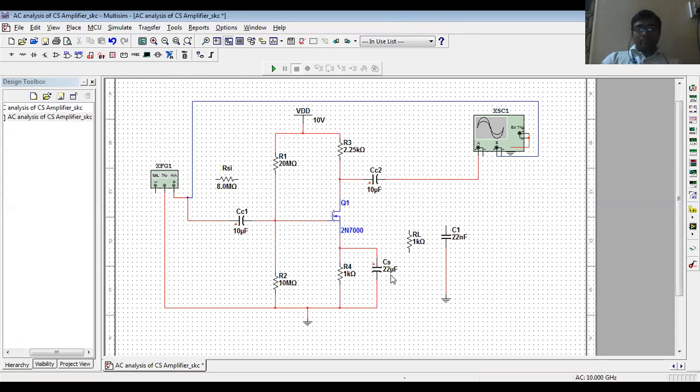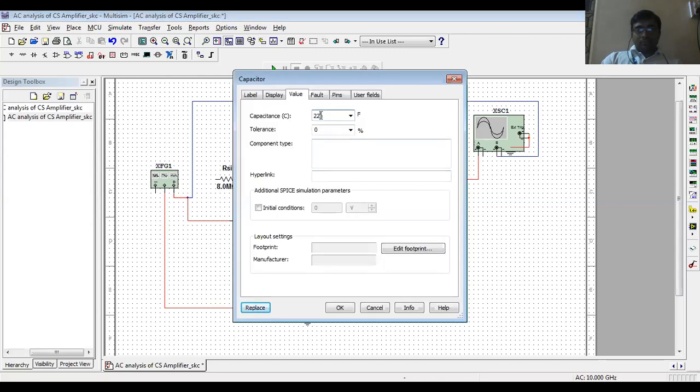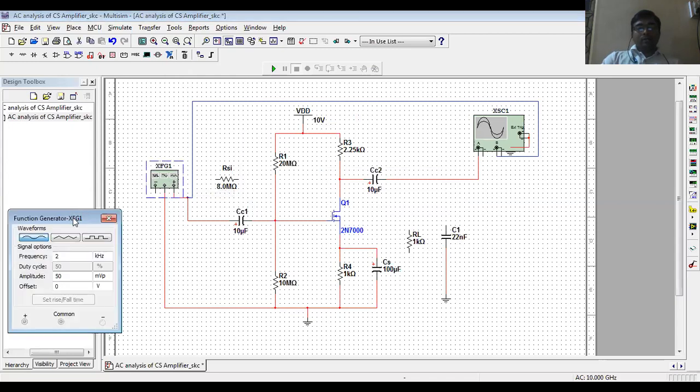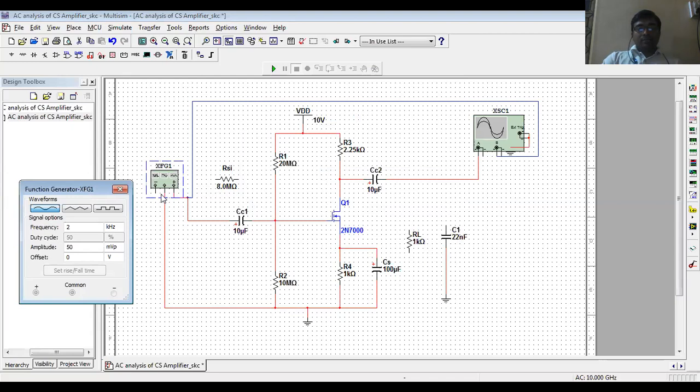Both would be calculated. Keep the first case as the original condition, 100 microfarad, then change the value of the bypass capacitor. The other components that we have to record are RSG and RL and the shunt capacitor, which we keep as per our requirement. Now see what amount of input voltage we have to apply. Double click on this function generator. We have to apply a signal frequency of 2 kilohertz, 1/10 of the